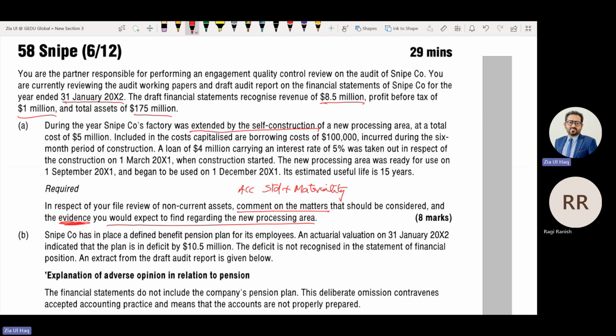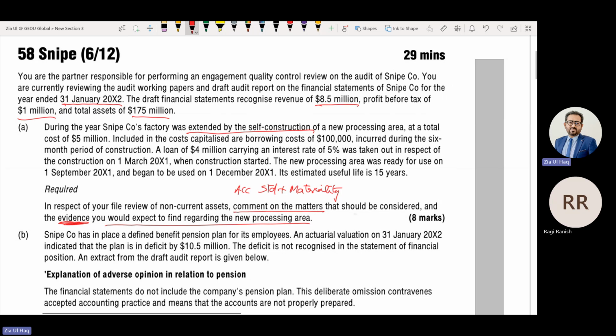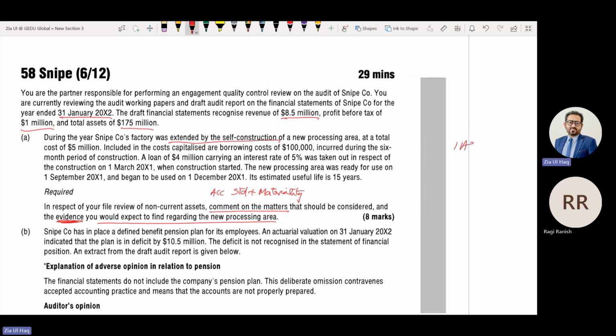Is there any accounting standard involved? Factory is what? An asset. If the company is self-constructing any asset, there is an accounting standard, IAS 16, PPE.